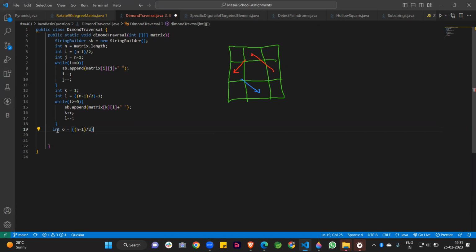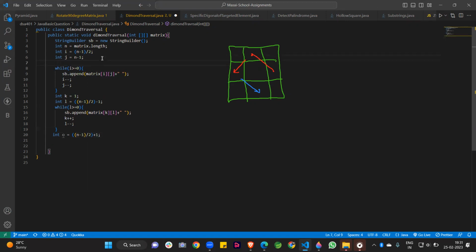And what we can minus here, we are not minusing because we add one value, because this row is covered. Till now this is our middle row value. After that we are increasing the value because this row is covered in this second iteration. Now we are taking one value more than this row, so that's why I am increasing it. So I am writing here for avoiding the confusion.